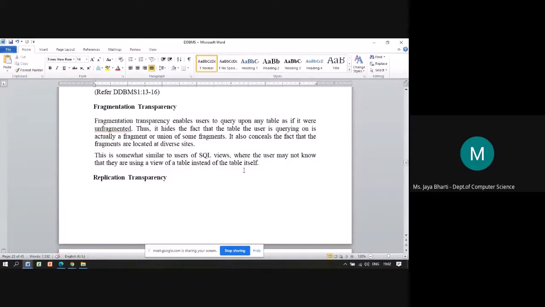Like just now, during the practical, we actually retrieved the data from 2 different fragments, on the created database and the default database. We were getting the same, correct output. So that is fragmentation transparency.